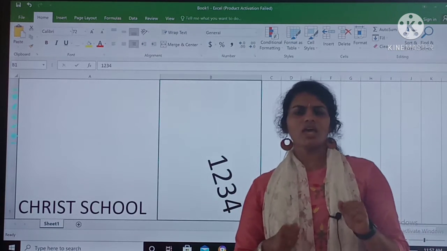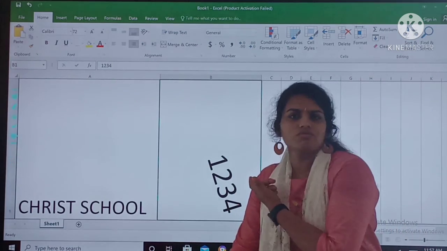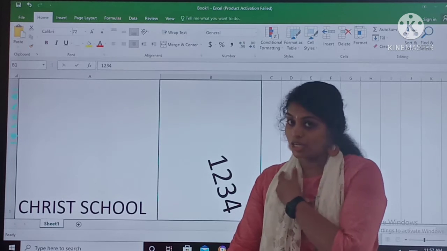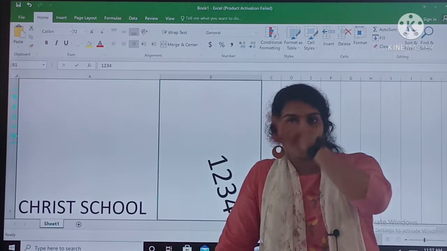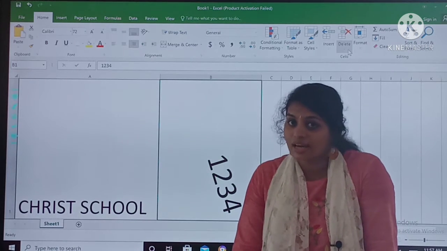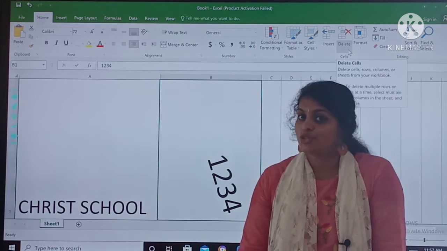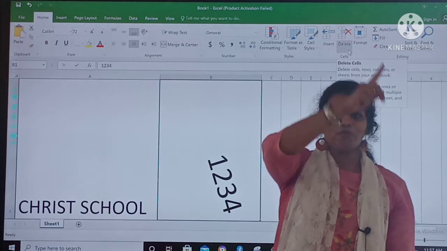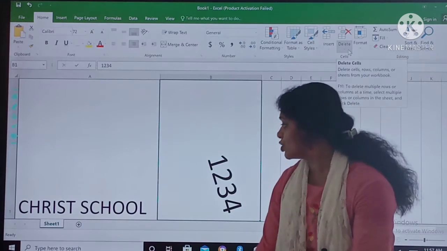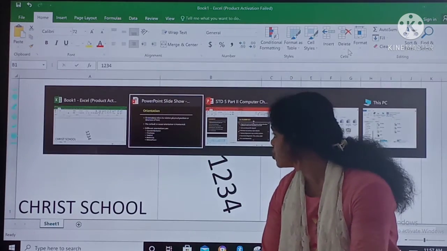आप सोच रहे होंगे, where are we going to use this? Okay. I'll tell you. Suppose you are creating a logo. आपने Christ School का logo देखा है? Yes. Do you remember how it looks like? Yeah, it's in a circle position. Okay, I'll show you. I have the logo with me. I'll just show you.